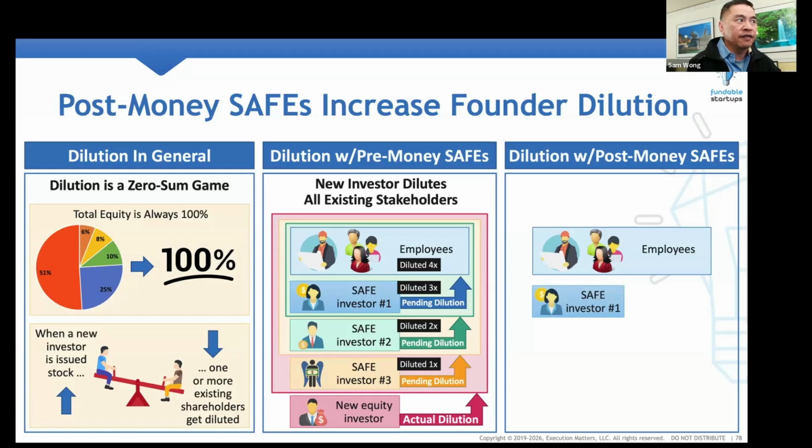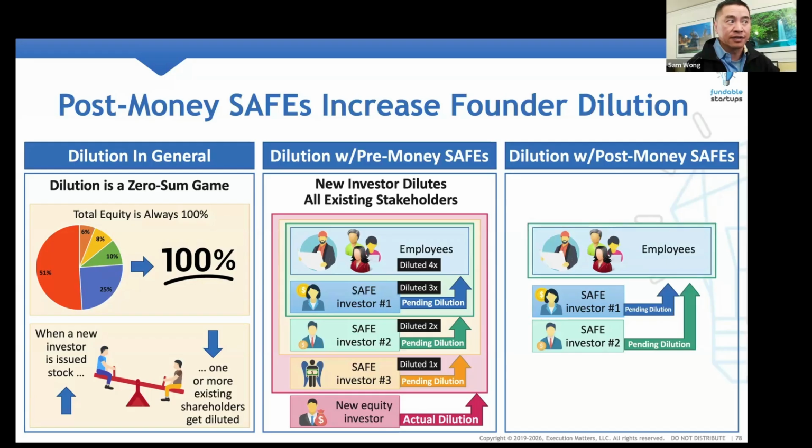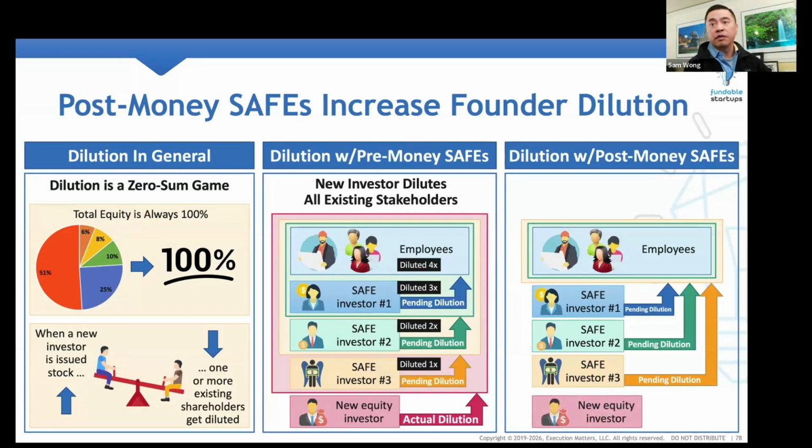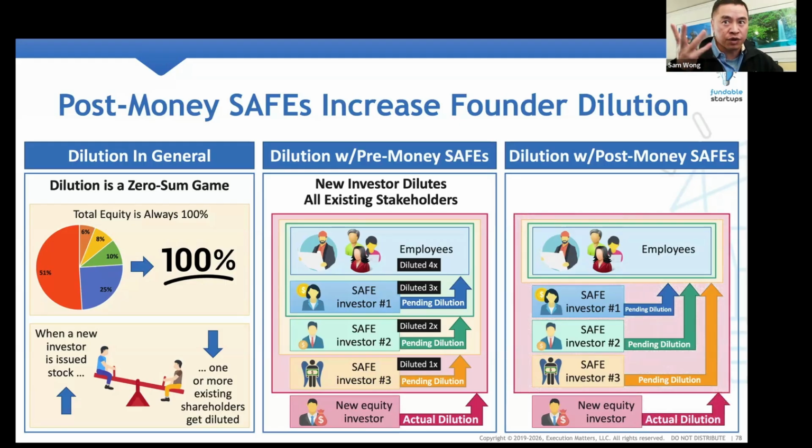The first time the safe investor signs the safe, it results in pending dilution of the employees. No different. Second safe investor comes in, it results in pending dilution of just the employees. Third safe investor, pending dilution of, again, just the employees. Then the final preferred equity investor comes in, it results in actual dilution because it triggers the conversion of the